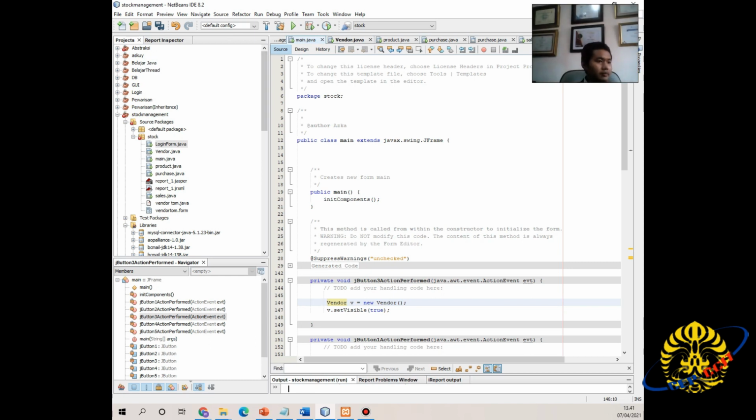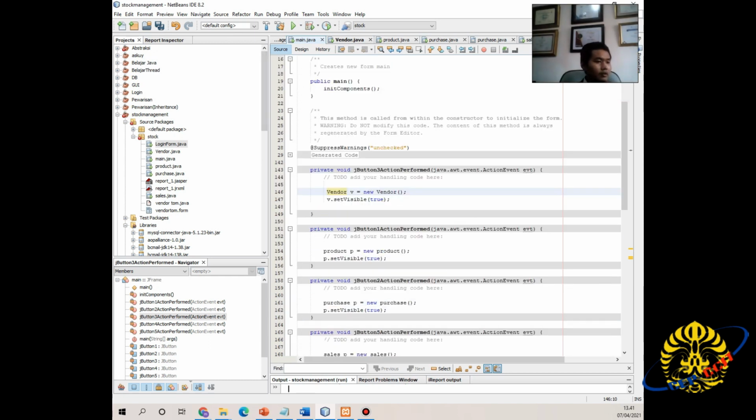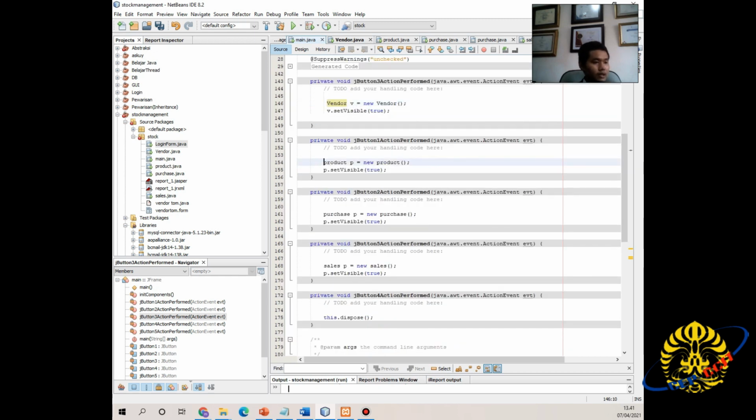Okay, this is main menu.java. First, create a new object called v, where when the button is clicked, it will go to the vendor menu. Second, create a new object called p, where when the button is clicked, it will go to the product menu.